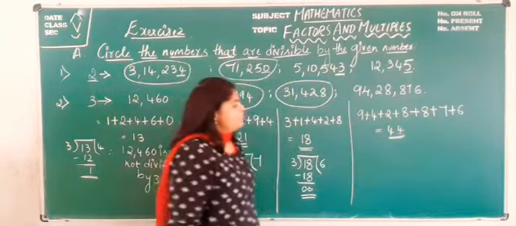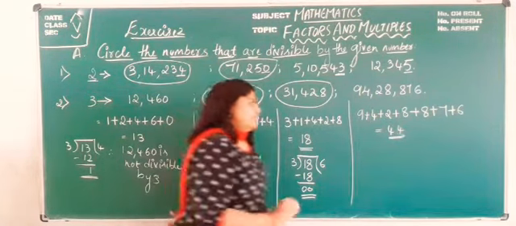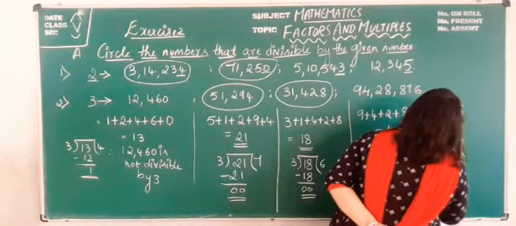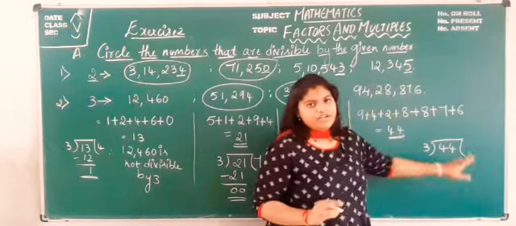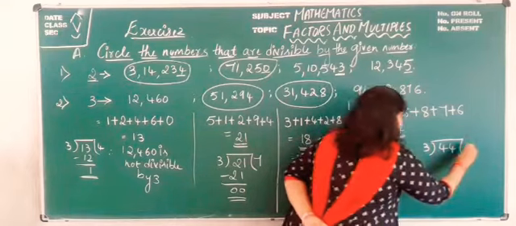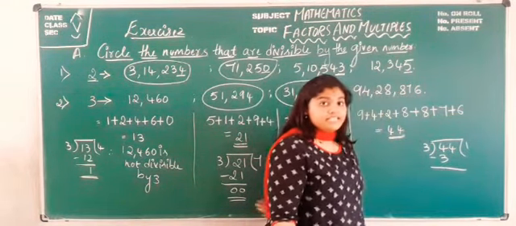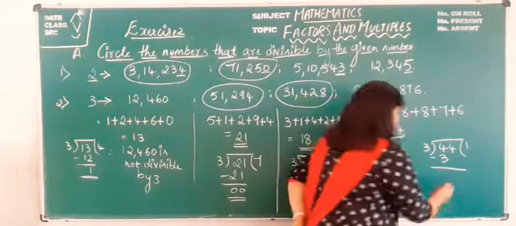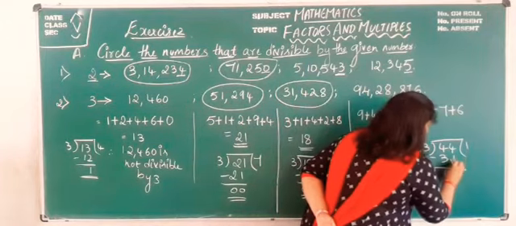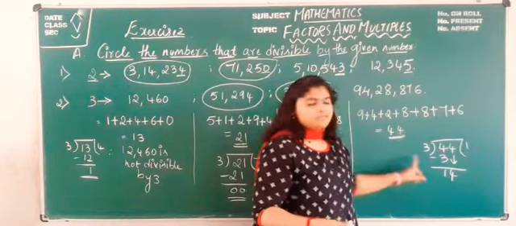Now we check whether 44 is divisible by 3 or not. We shall see. 44 divided by 3. We know 3 ones is 3. What is 4 minus 3? Yes, 4 minus 3 is 1. After subtraction we have to bring 1 digit down. So we shall bring this 4 down. Now 14. Whether 14 is divisible by 3?